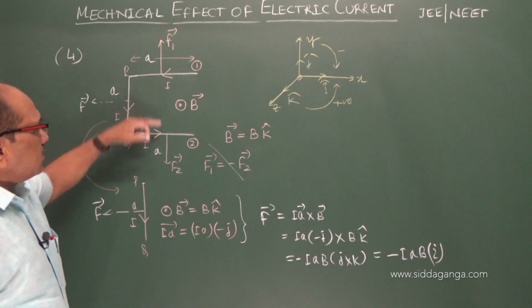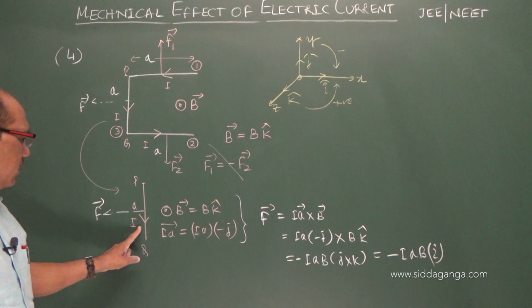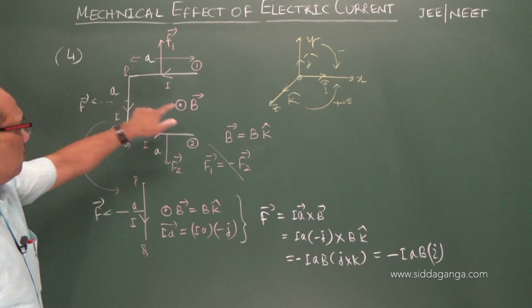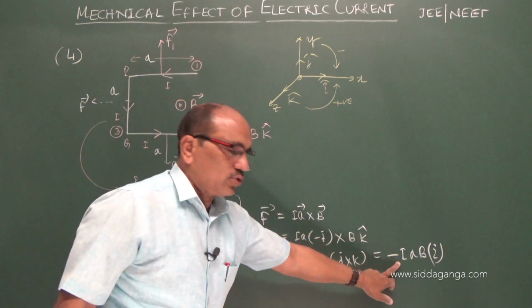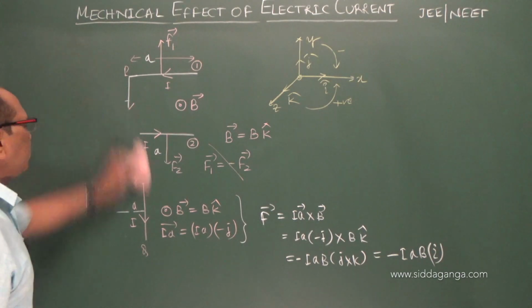These two forces cancel. This only leaves half part A carrying current I, and the force is to the left. The entire U-shaped wire, because of the magnetic field and the current, starts moving towards the left with this force. It moves towards the left, or negative x axis.